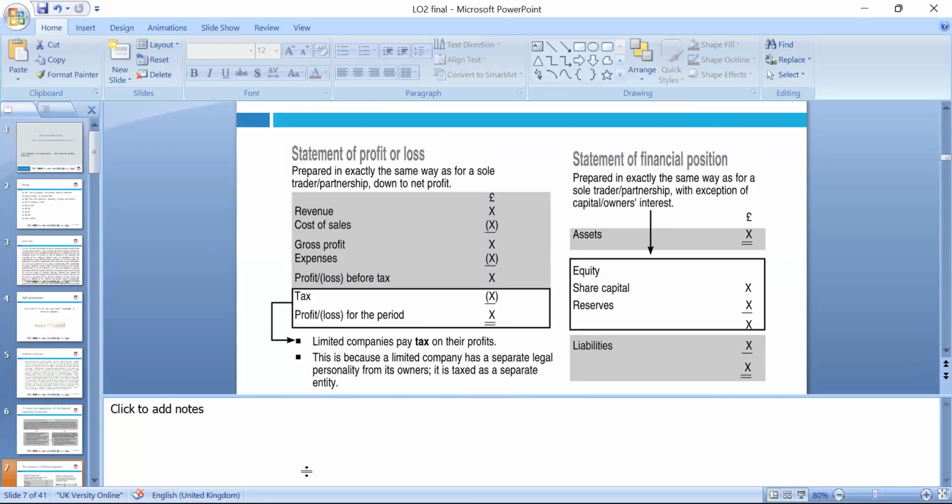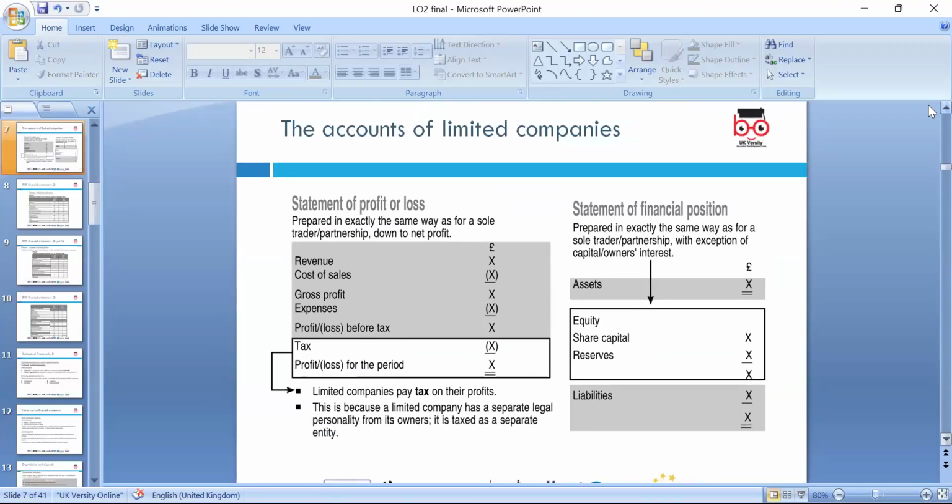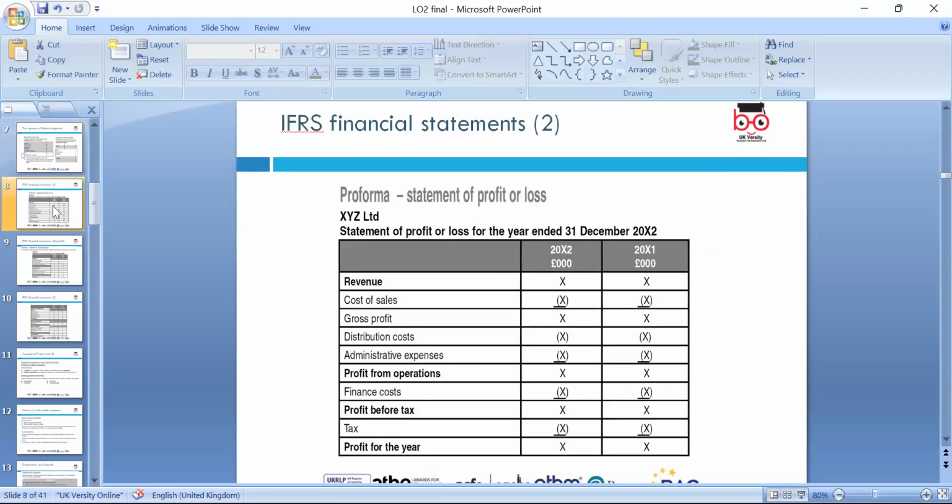If you want to set up the financial statement according to IAS 1, International Accounting Standard 1, we have a few headings, a standardized, harmonized system of accounting and reporting throughout the world. Revenue will come first, then cost of sales, gross profit, and all other expenses we can deduct. If we are preparing the statement of financial position, we think about the assets. This is IFRS, International Financial Reporting Standards, and the layout which we follow.